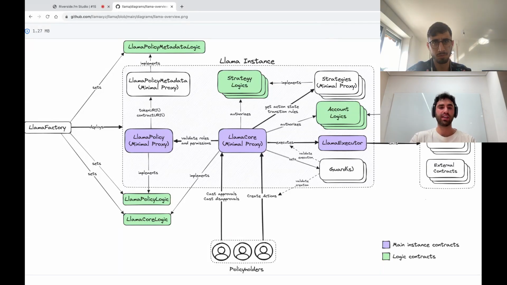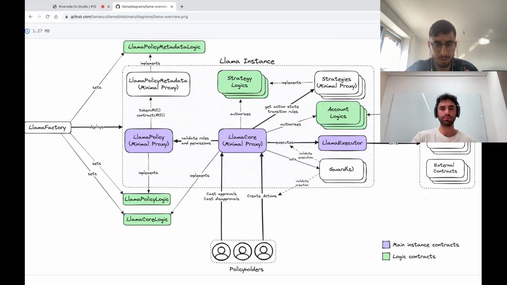And so to give a simple example, let's say the target contract is some sort of grants program account. The function selector is transfer ERC20. Then maybe the strategy will be something like encoded rules for an optimistic strategy where the action will automatically execute unless it's vetoed by the grants program reviewer's role or something like that. And so through the mix of strategies, the policy, the core, and then ultimately the executor, those are the main places where policyholders interact with Llama.